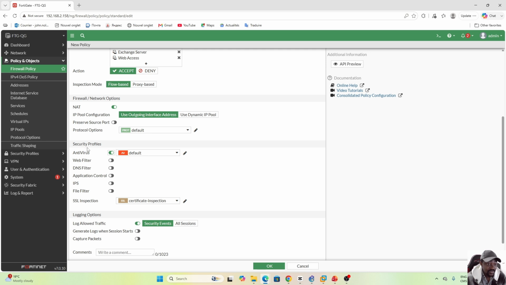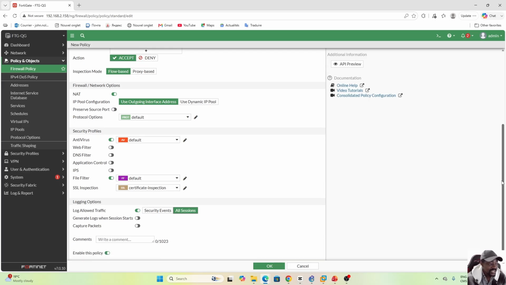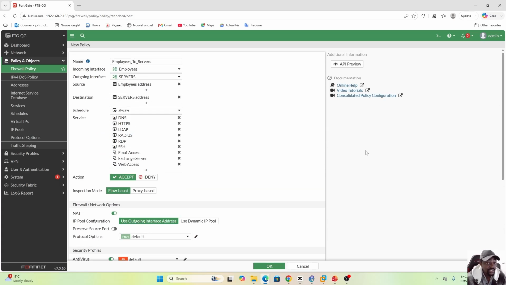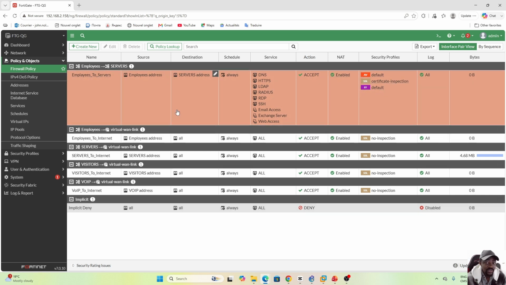For example, you must implement antivirus. Before employees get access to the server VLAN, there should be some antivirus control. So make sure there is a minimum security profile that you implement, like antivirus and file filters, since you don't want users transferring files from the server network to their VLAN network. Make sure you have implemented the security profile in the inter-VLAN communication, and always log the traffic so that you can go into the forward traffic logs to understand what traffic was sent from what workstation to which server and vice versa. That's some of the security implementation that you can do regarding